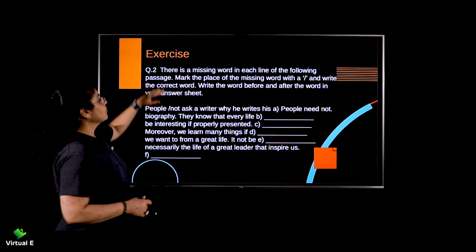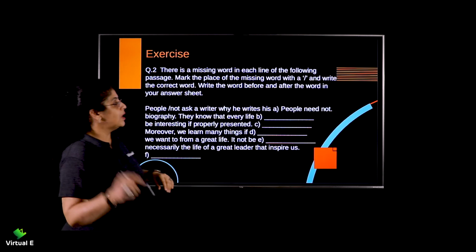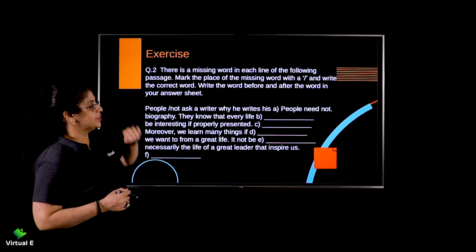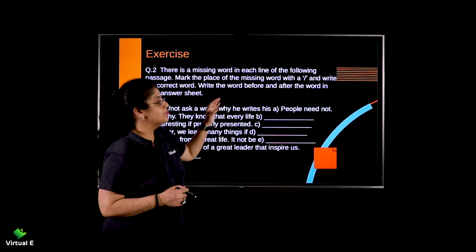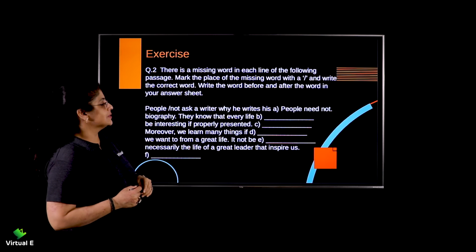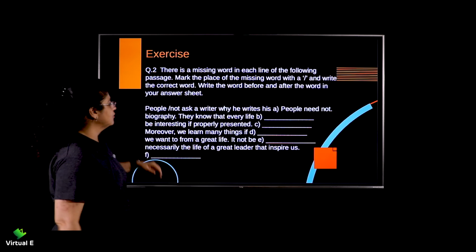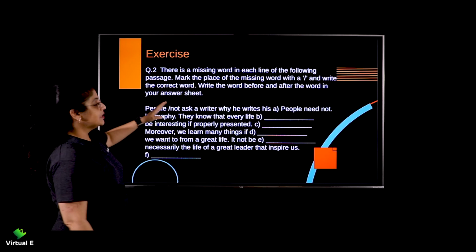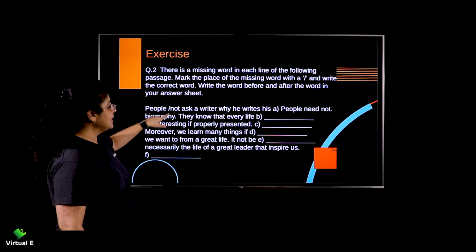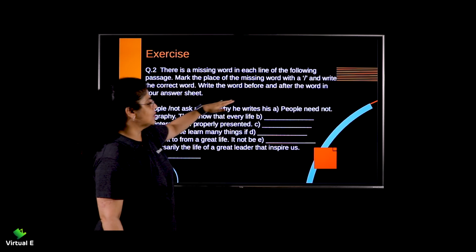So let's go on. There is a missing word in each line of the following passage. Mark the place of the missing word with a slash and write the correct word. Write the word before and after the word in your answer sheet. So yes, when you write it down there in your books, please do the needful. Now, here, see, the first one has been done for us. Can you see that? People need not ask, if we read it without, people not ask a writer why he